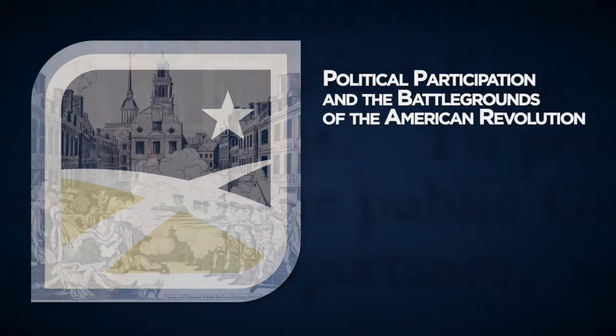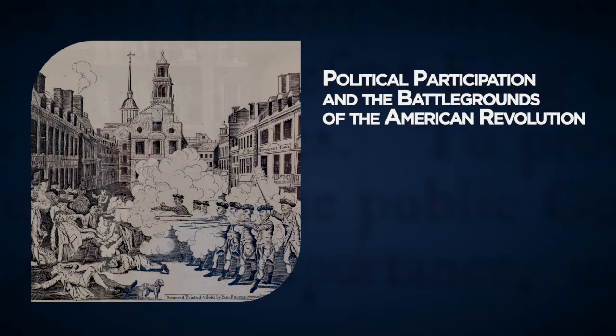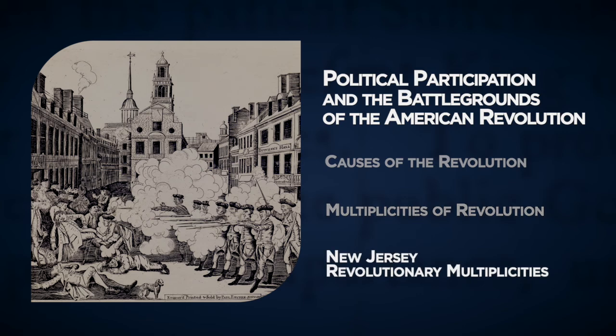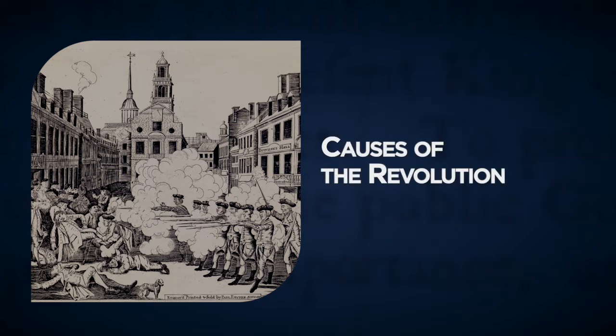Today, we are going to explore some larger themes of the American Revolution, specifically thinking about the causation of the war and the question of loyalty. I'll also be introducing a concept called multiplicities of revolution as a way to help think about the multiple ways that Americans thought about and engaged in this pivotal time period, before I shift to a case study on New Jersey specifically to apply these concepts to the Garden State. But first, let's explore the causes of the American Revolution.